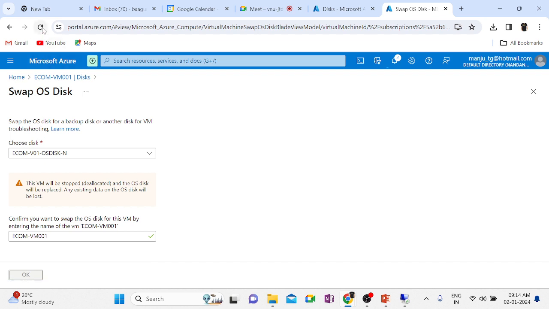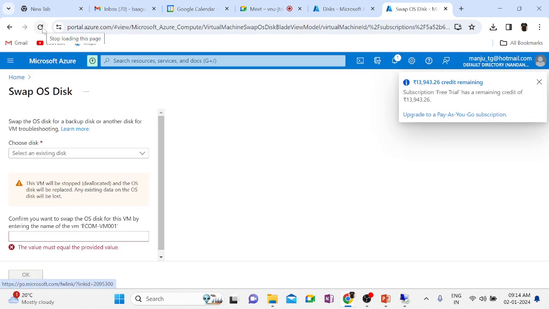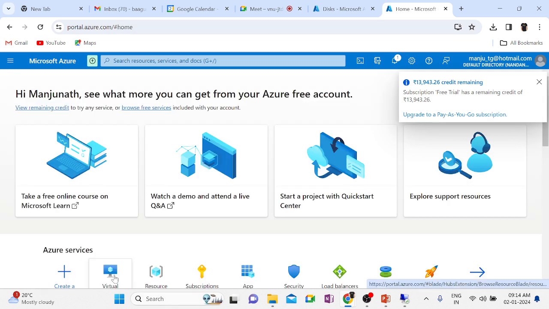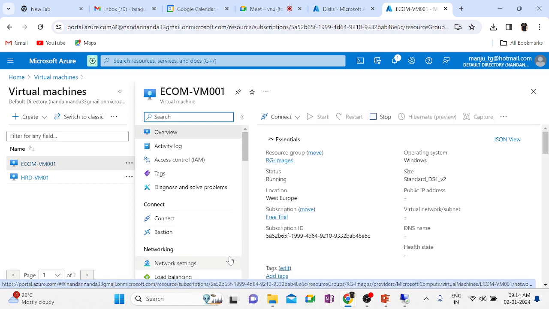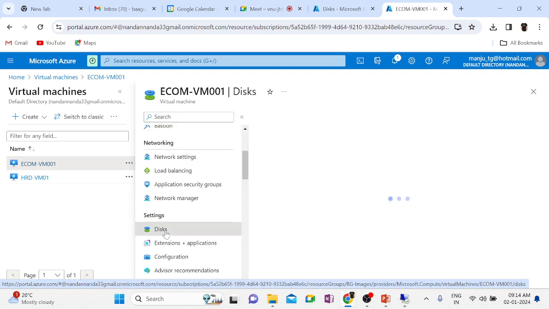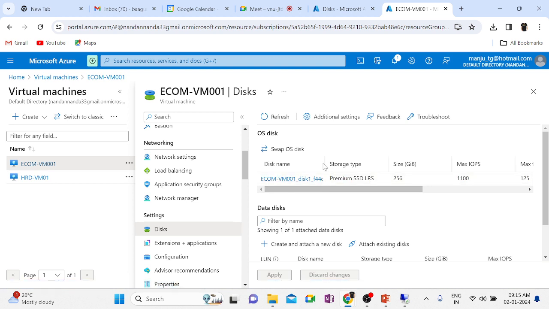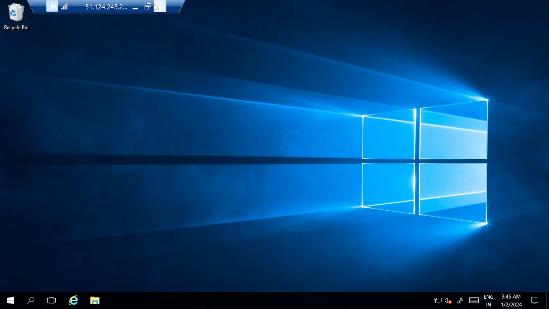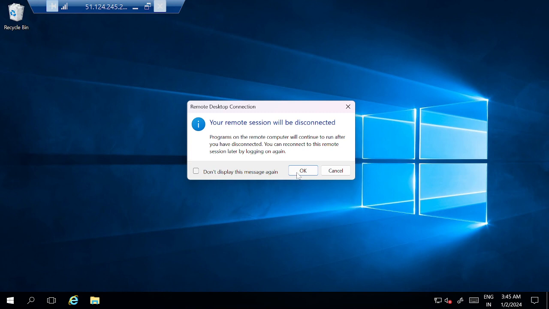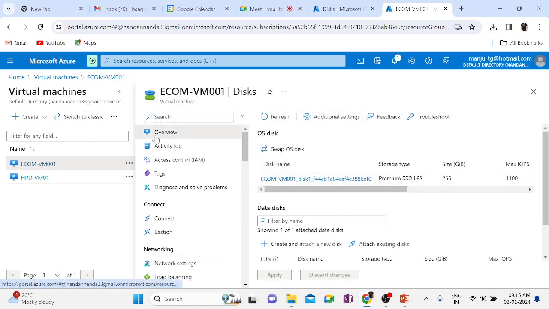So if I just refresh it, and go to this virtual machine ecom VM, and go to the disk option, you see the old one or the new one. Let me verify. It's still showing the old one only, because it's still running, that is why. Oh, I got it. Since I have connected here, it is not shut down. Okay, let me log off. This is the problem, guys. Sorry. Now, if I go to this VM,